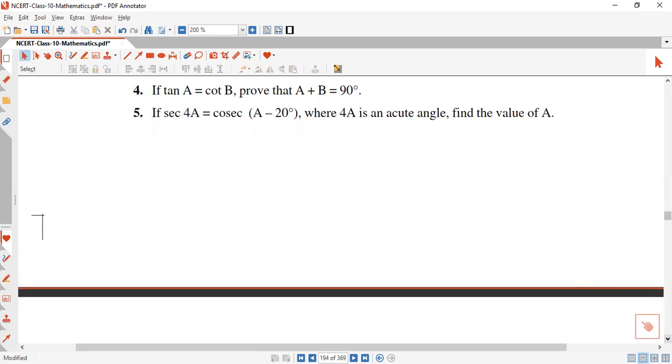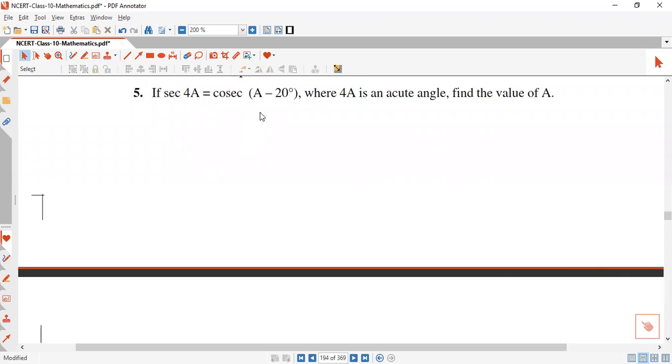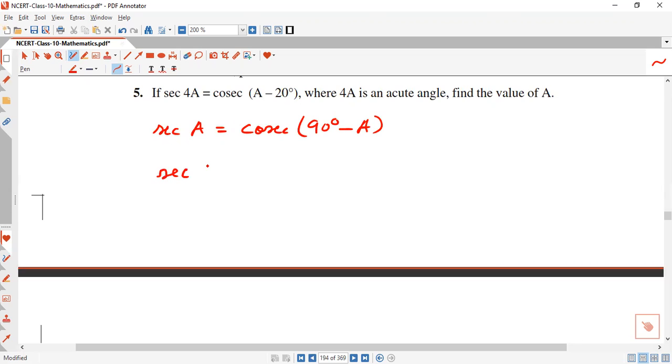Now see question number 5. If sec 4A equals cosec A minus 20 degrees, where 4A is an acute angle, find the value of A. Since 4A is an acute angle, you know the formula very well, that sec A equals cosec 90 degrees minus A, where A is an acute angle. So sec 4A becomes sec 90 degrees minus 4A,